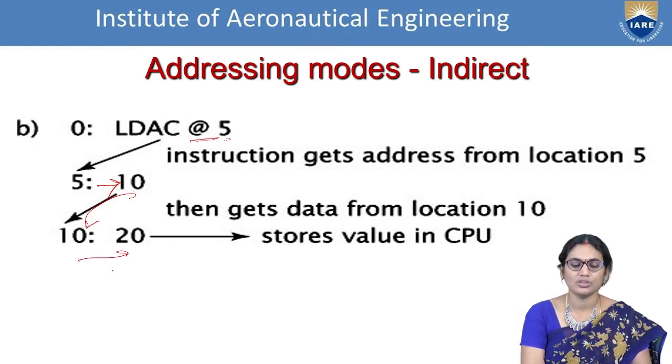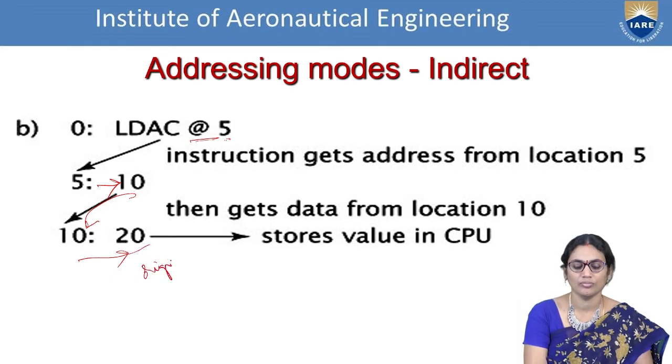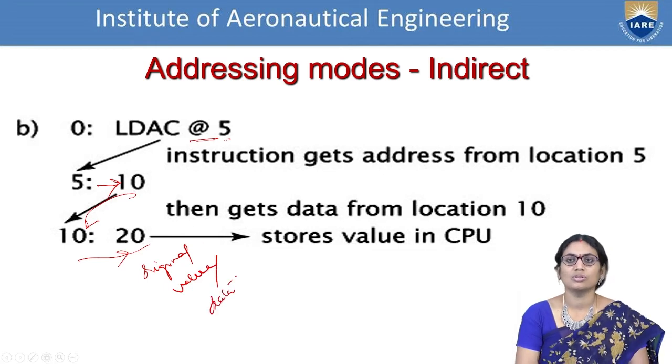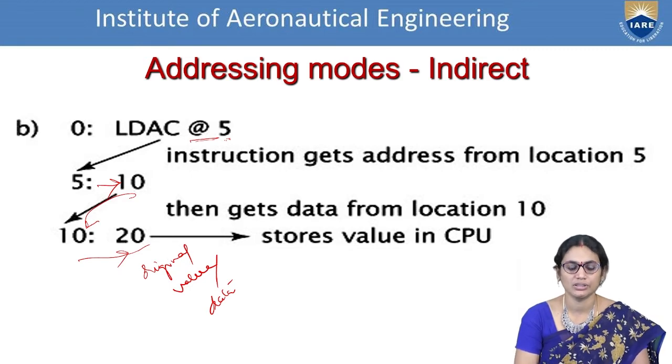Now this will give me the original value 20. So 20 is my original value or original data. In this way, we are performing the transferring of information by means of the indirect addressing mode. Generally, this will be used in the memory organization techniques. We will be seeing this in the further session.